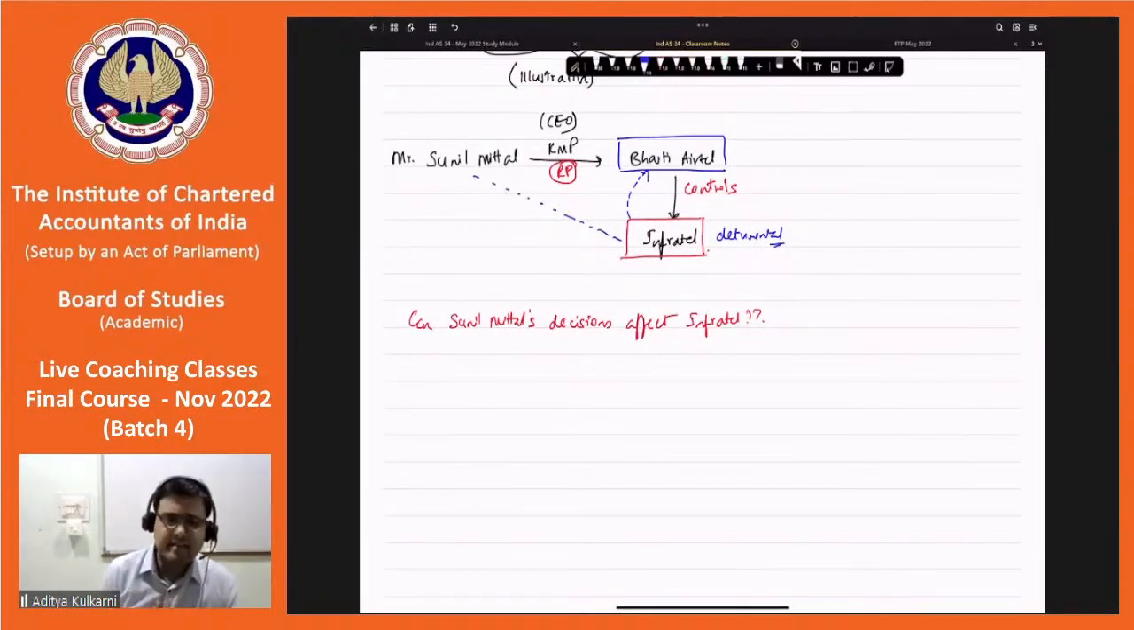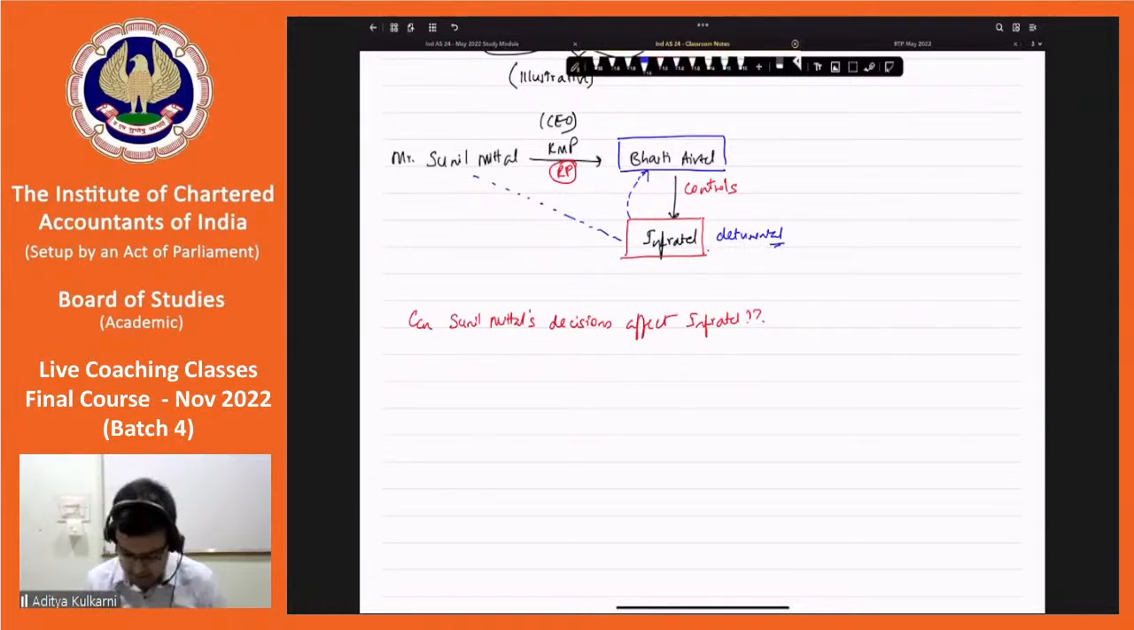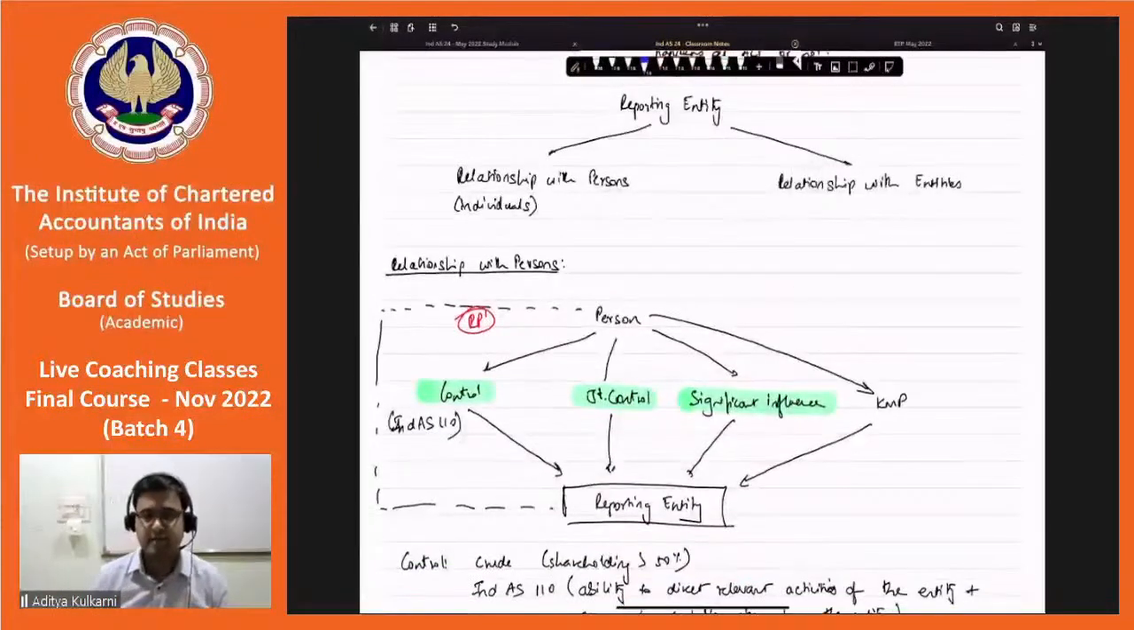Ok, so can we now say that in some way Sunil Mittal and Infratel are related to each other? Yes, Mahinder is saying yes, Priya is saying yes, Srinidhi is saying yes. So the answer is yes, they are related parties. So if I come to this chart, the person should be the key managerial personnel of